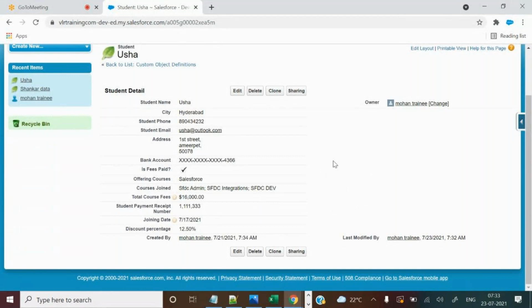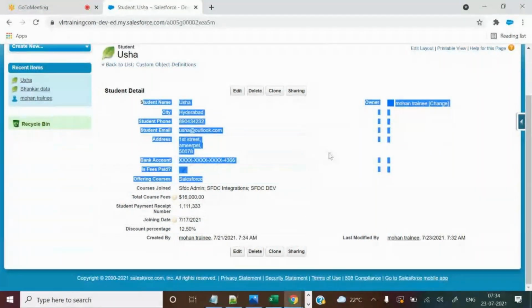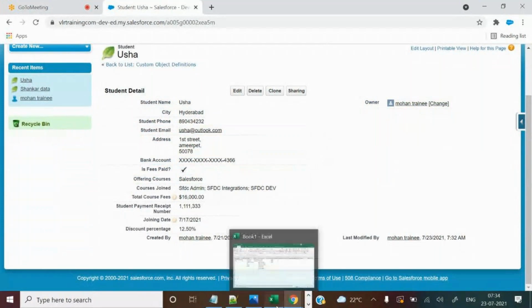They want to store all the details, like in which college they have studied, in what year, at what place, and what percentage he got. All these kinds of details related to that student, they want to store. That is the requirement, and what we need to create.